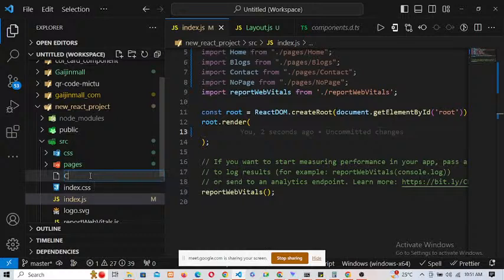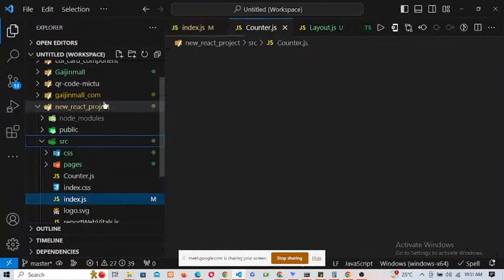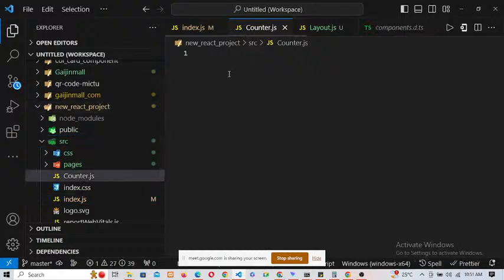Let me call it counter, and I'm saving it as counter.js. Remember that whenever you want to create a component, it is recommended that the name of the component should be the same as the name of the component file. So here I call it counter. So it means I have to create a component, and to